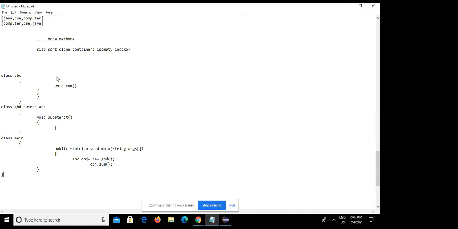Tell me, what is your name, Rajat? Yes, sir. Sir, there is no print function, I guess. I'm making the object of the child class. Yes, the object is made, but I am calling a method of the parent. No, sir, we cannot do this. You have to call it through the object.